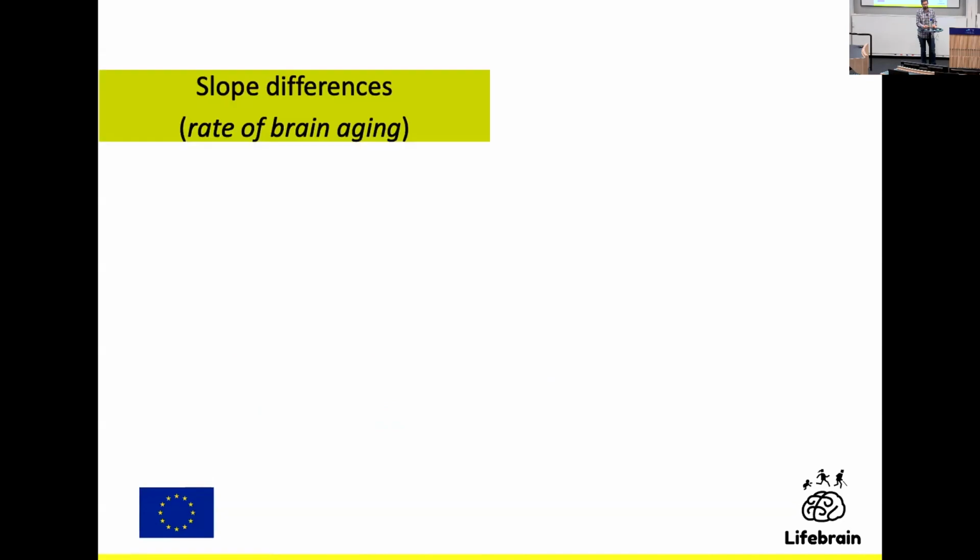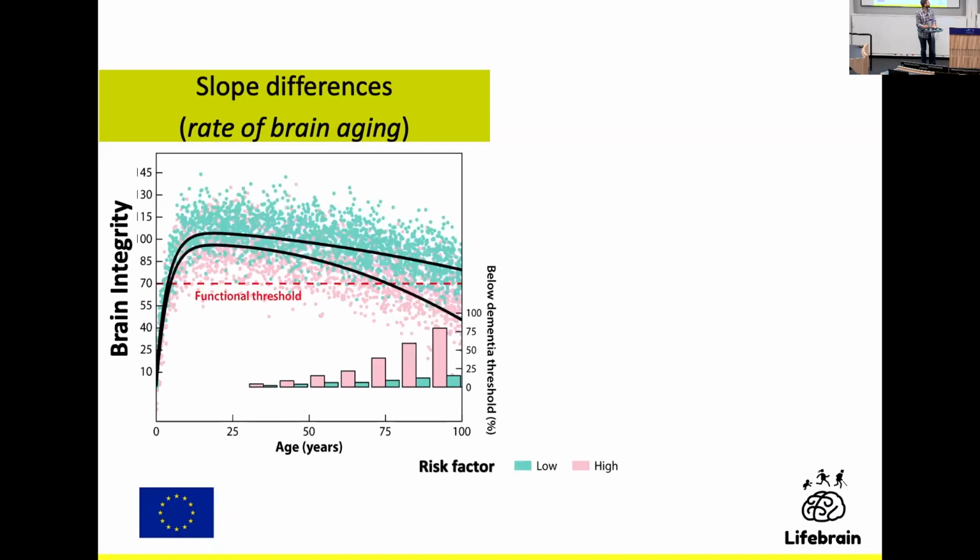So in this simplified scenario, we can interpret relationships of delta with a given outcome in two possible ways. We can interpret it as slope differences. Here it is shown by these differing lines, meaning that there's a differential rate of brain aging or of ongoing brain changes between two groups. When you look at older populations, you will see how variations in delta are highly affected by the degree or the rate of brain change.